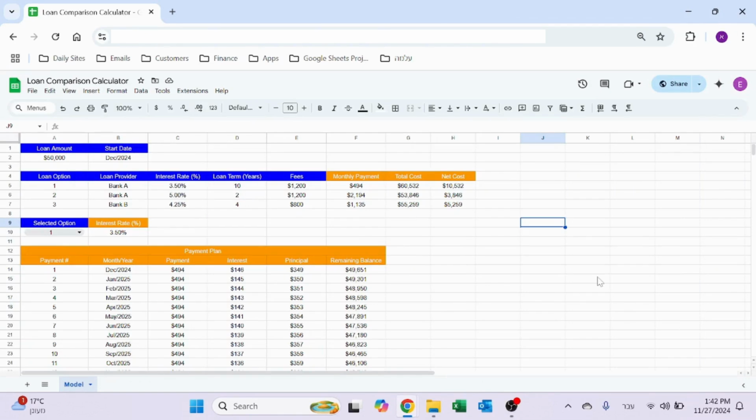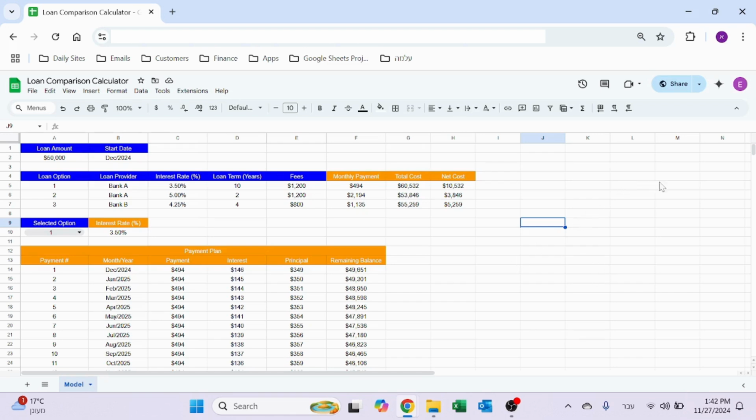In today's video, I want to share with you how you can create a loan comparison calculator in Google Sheets for free. Using this calculator, you can check different options of loans that you get from banks or other sources. You can play with the interest rate, the loan term, etc., and just see what the implications are for your cost. So if that's interesting for you, stick around and I'm going to walk you through all the